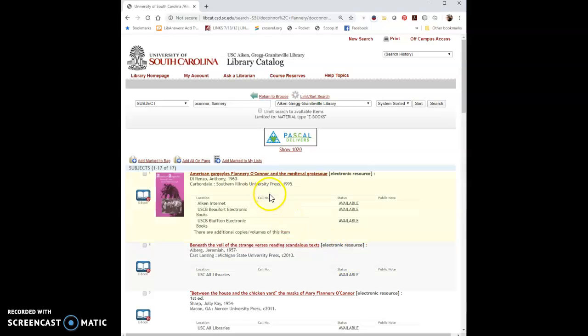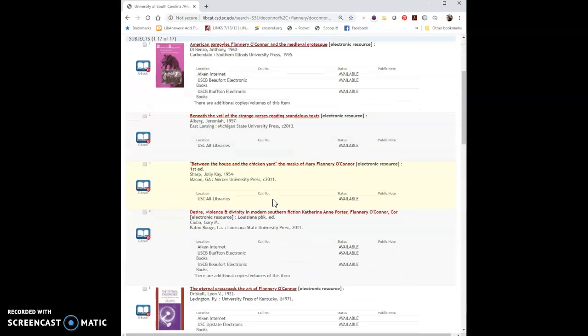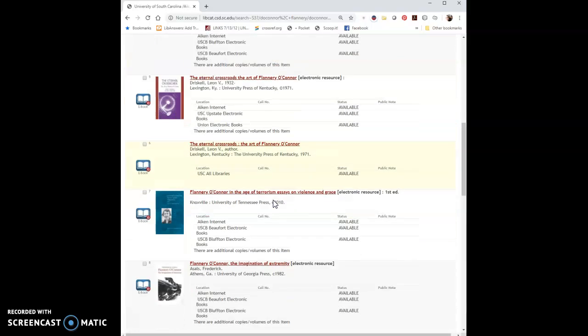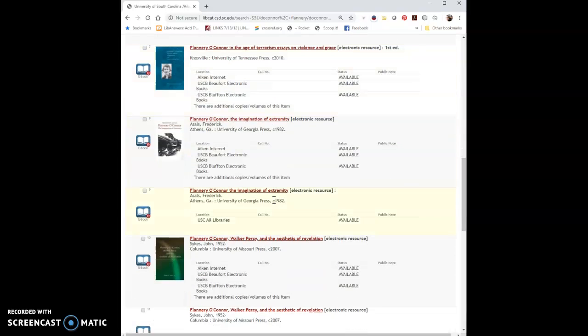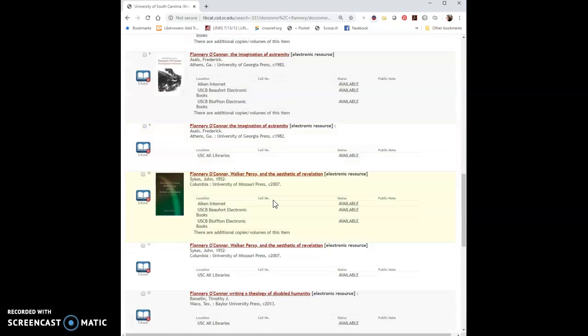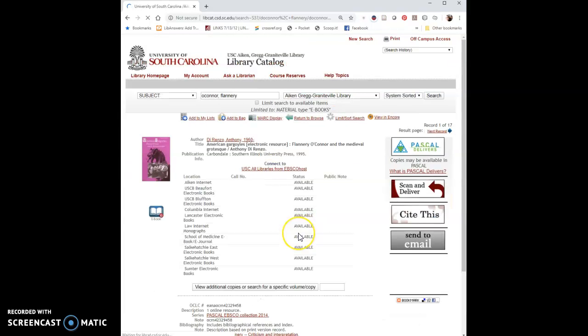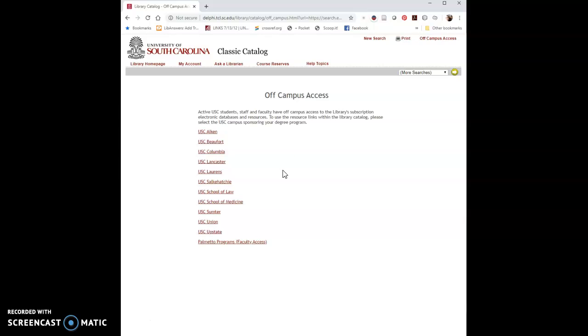If any of these titles look like they could potentially be useful to you, you scroll through, and if anything looks like it might be interesting, let me go back up to the top, you click on the title, and the link that appears under Connect To, sometimes there's one link. If there's just one, you'll click on it. If there are multiple links, you'll click the one that says Aiken. You'll click on that, select your campus,